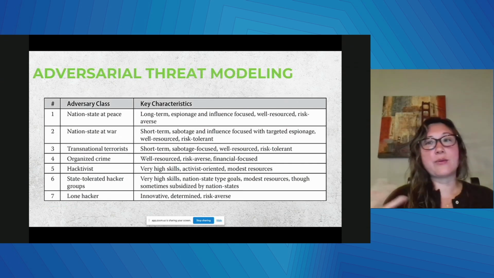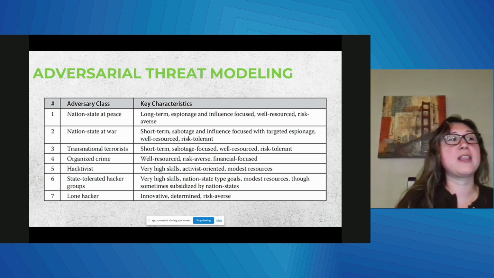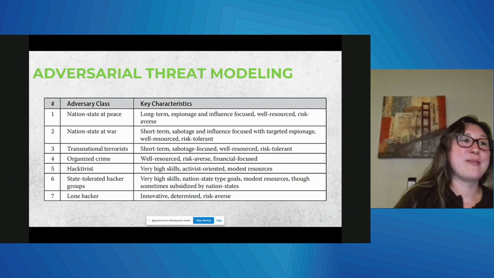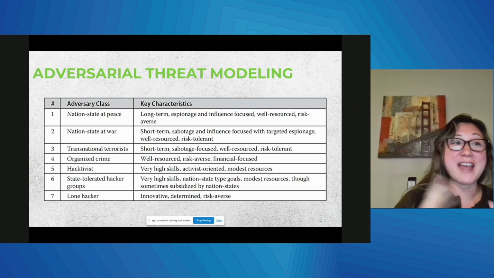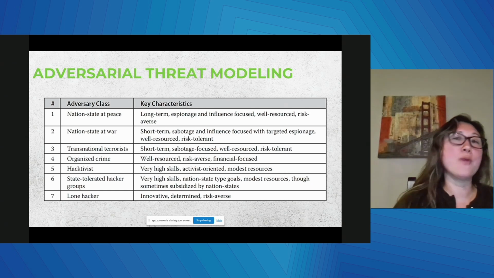All right, so adversarial threat modeling. Let's talk about that for a little bit. Adversarial models help us understand which types of bad actors will compromise the system and their typical budgets as well. That does matter because with enough time and enough money, the adversary will always win.